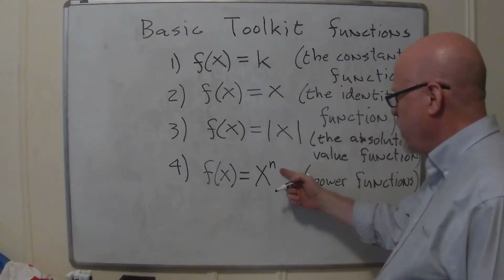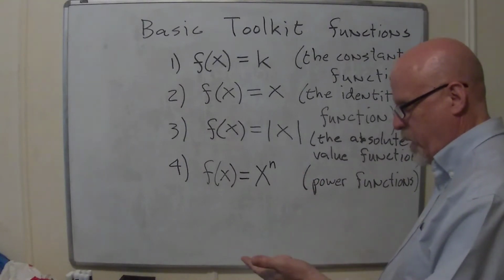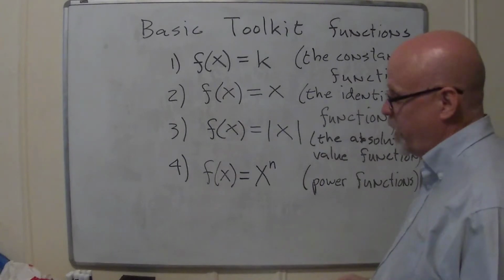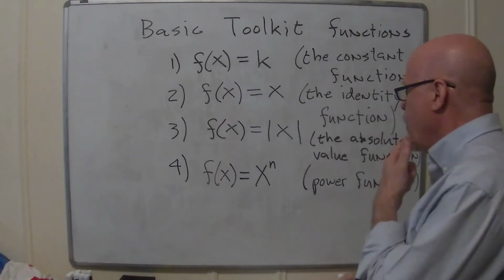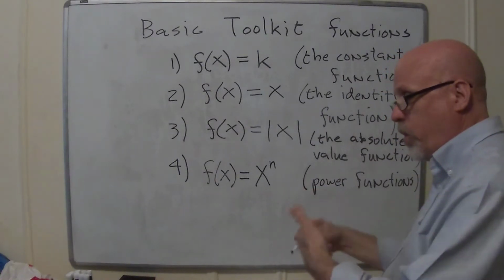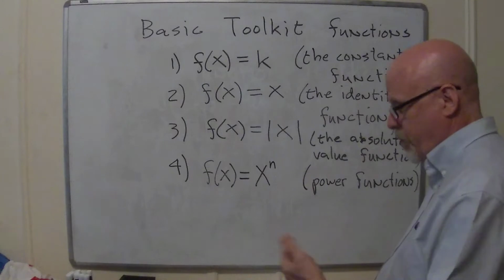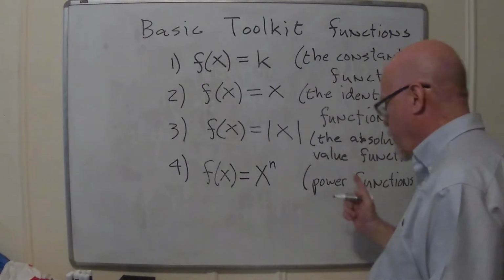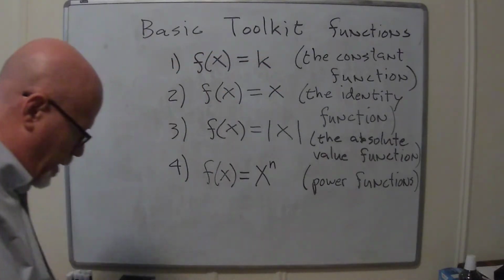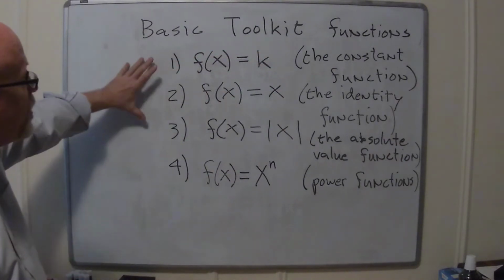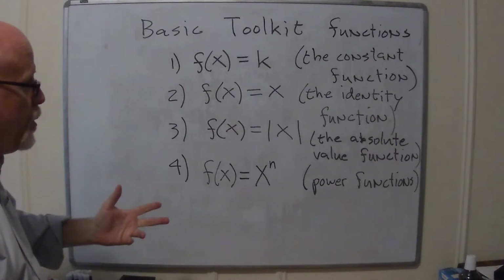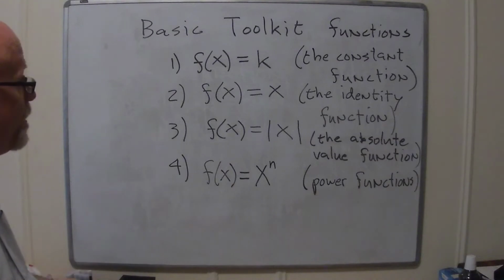The ones that are listed in the book are n is 2 or 3. 1 wouldn't make sense because that's the same as this one. 0 doesn't make sense because that's one of these with k equal 1. But -1, you can have x to the -1 power, that's just the same as 1 over x. -2 is 1 over x squared. Anyway, we'll see that. But what the future has in store for us is to take these basic toolkit functions and then do more stuff to them to get a nice variety of different things.